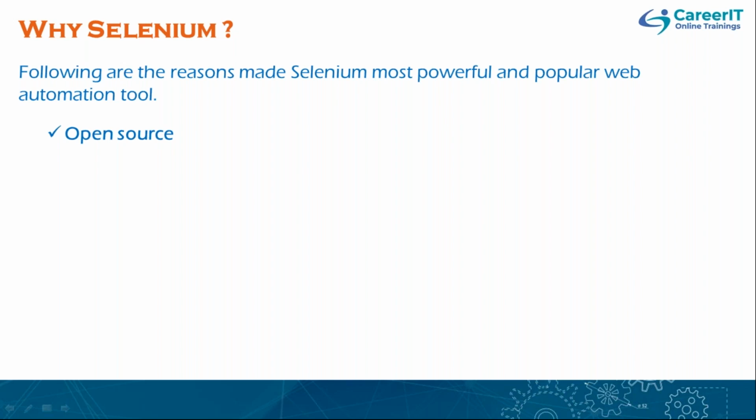You can go and download the libraries from the internet, from Google, and you can directly use them as part of your application, and you can automate your application. You don't need to purchase any license or pay any cost for using Selenium. It's open to all. You can directly go to Google and download it, and you can start your automation journey using this